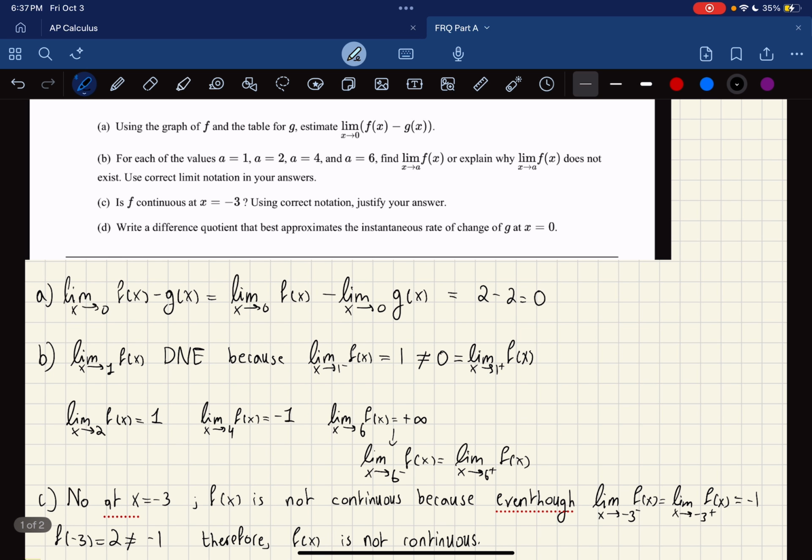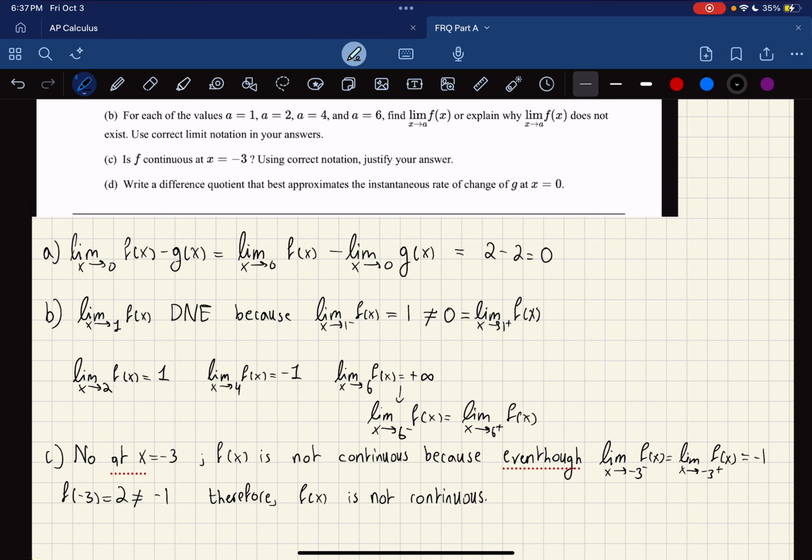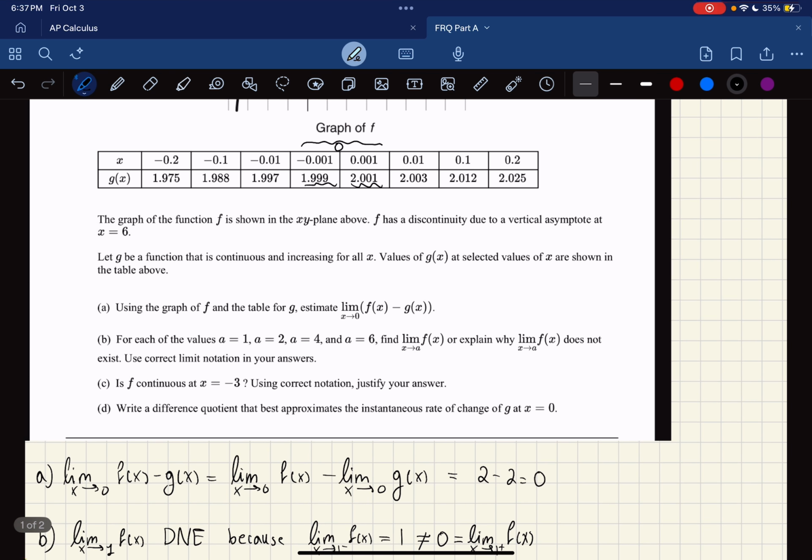Last question, they told me to write a difference quotient that best approximates the instantaneous rate of change of g at x equals 0. So at x equals 0, we're going to use the table for g in order to write the instantaneous rate of change. The closest two numbers for 0 are basically these two over here. So